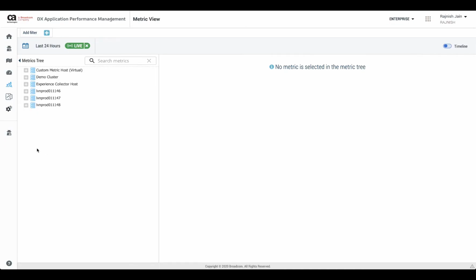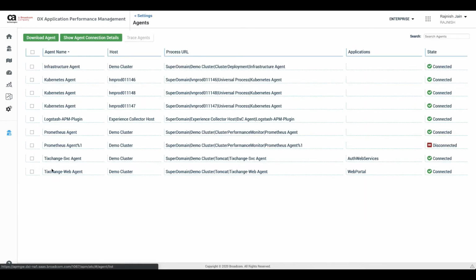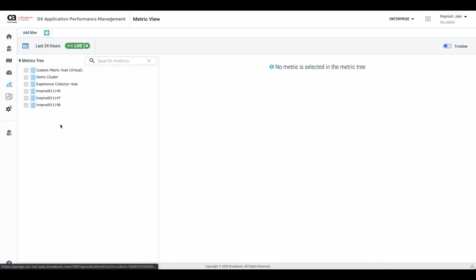So coming back to APM, if I go to my agents view, I see that my applications have been attached an agent. So the containers have been auto discovered, the agent configuration has been auto attached, and let us see if the application has started reporting automatically.